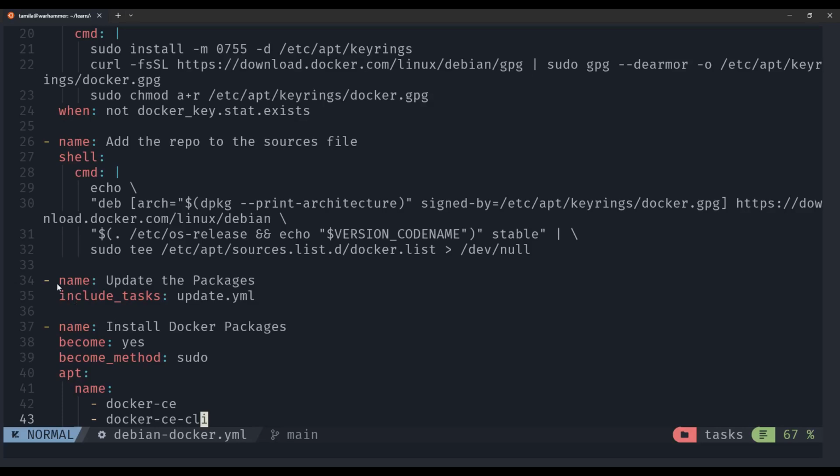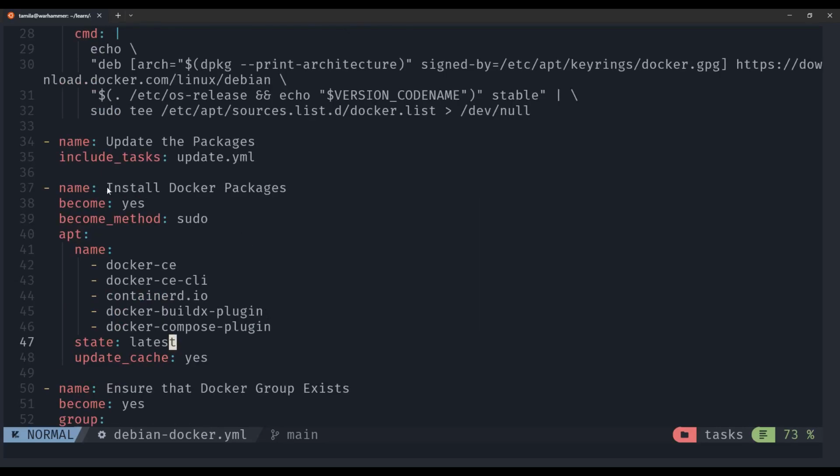After adding the sources file, we need to update the packages. Since we already have a task written in the file update.yml, we simply include that file here. Now we need to install all the Docker related packages as usual. To become root using the sudo method, we use apt to install the following packages, that is docker-ce, which is community edition,